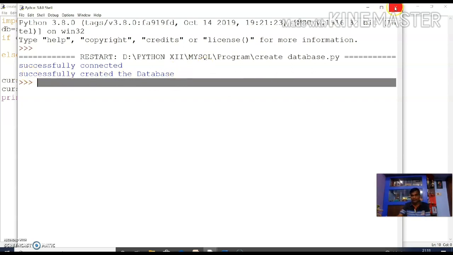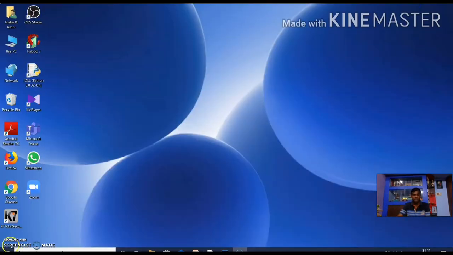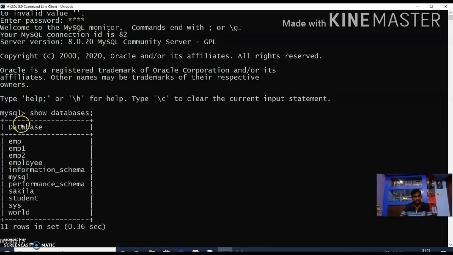Now you see in MySQL whether the database is created or not. I am opening MySQL. See whether the emp2 database is created or not. Databases, you see that emp2 is created.